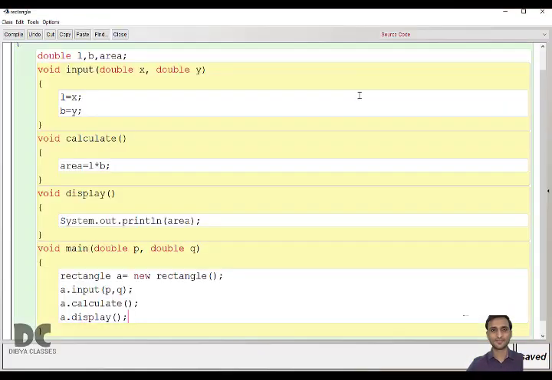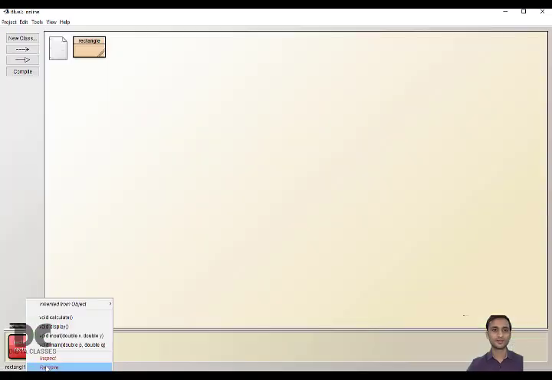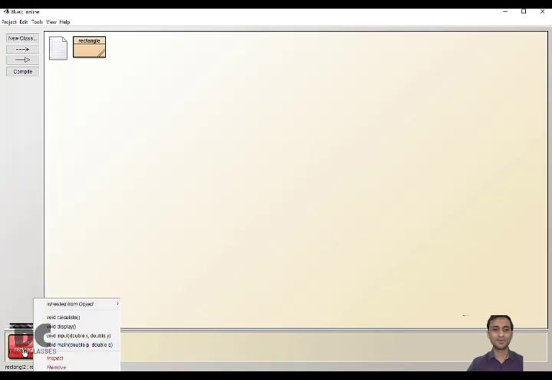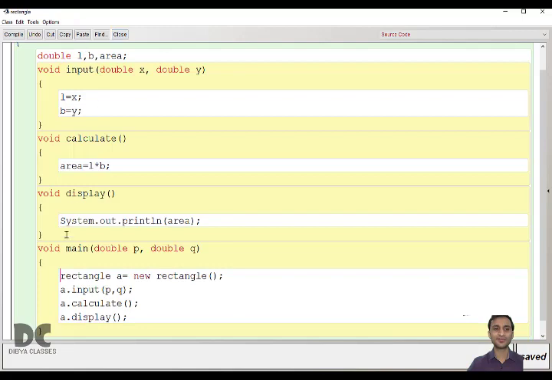But what was the difference? This is called manual creation of an object. Actually, without creating an object, you cannot run a program. Every time, since the first program you started writing, we have created an object. Only we are not aware of it. Remember, to run the program we click on this, then click on new Rectangle, then OK, and then click the red box and run the function, right? So here also you are doing the same thing in written form.